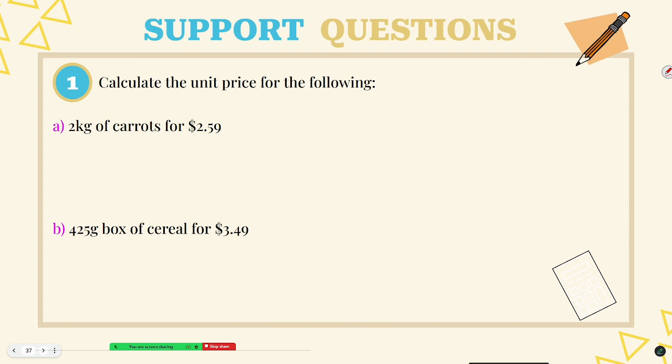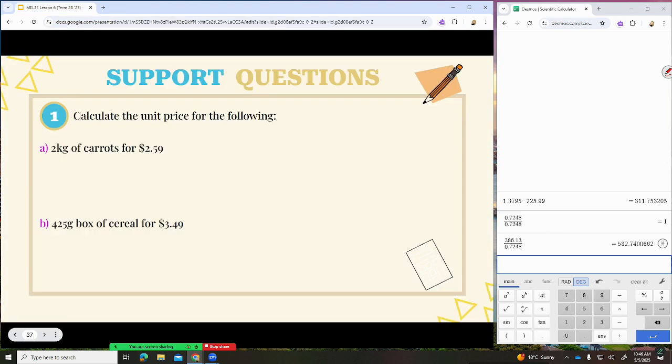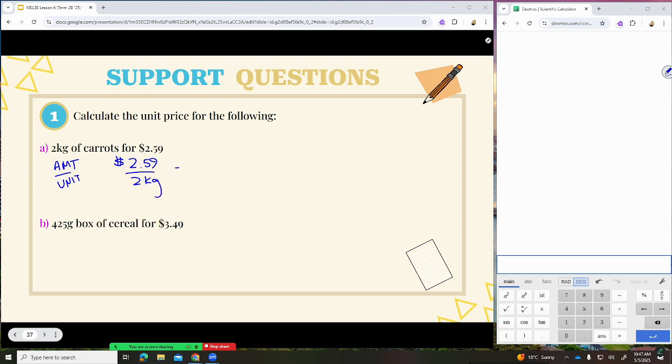So if you're going to do this and you want to practice it, you would read, calculate the unit price for the following. So here in A, we have a 2-kilogram bag of carrots. Maybe it's not a bag, but it's 2 kilograms of carrots for $2.59. We want to work on that amount per unit. So we do amount per unit. The amount is $2.59 and the unit is 2 kilograms. By dividing $2.59 divided by 2, we get